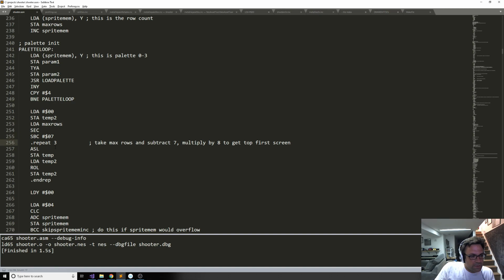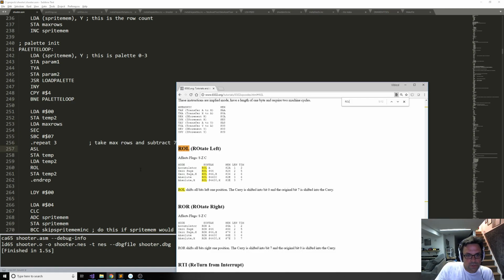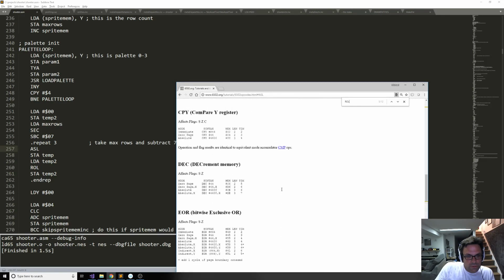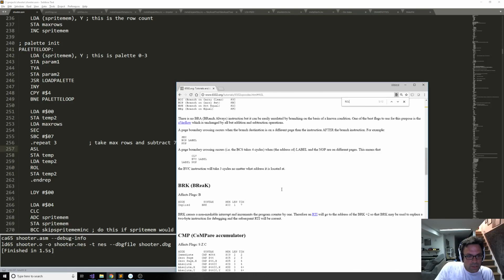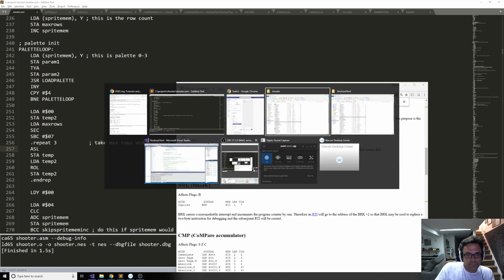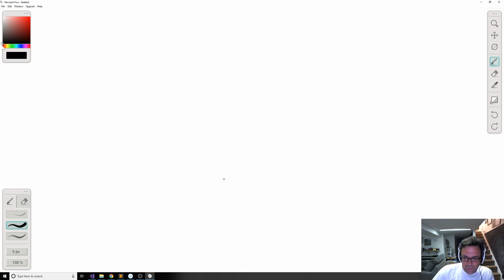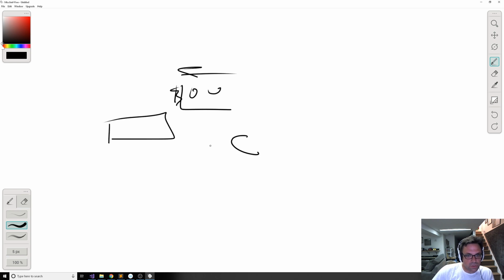Right, whatever that is, then we're going to shift it left. Arithmetic shift left is going to change whatever carry was into bits from whatever the value was in bit 7. So if we had some value that was like that, it gets shifted left. This is the new end of it. This goes into the carry, and then we have temp 2 where we're going to push this over, and then